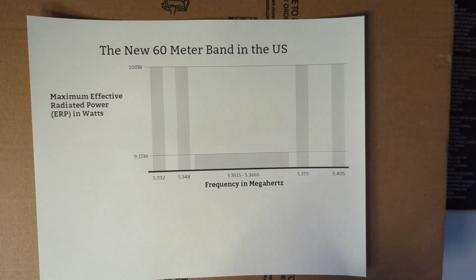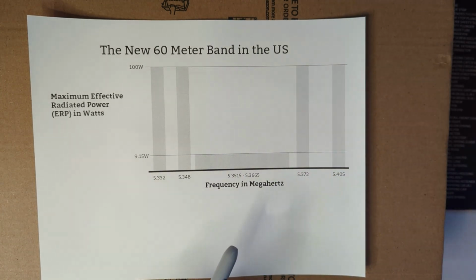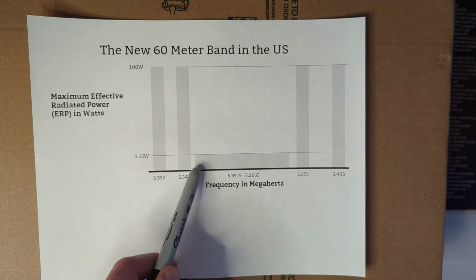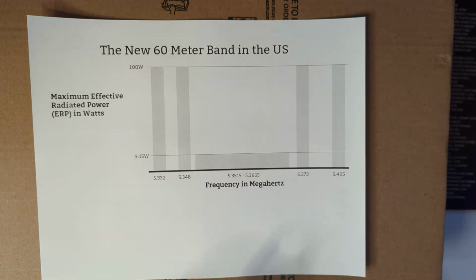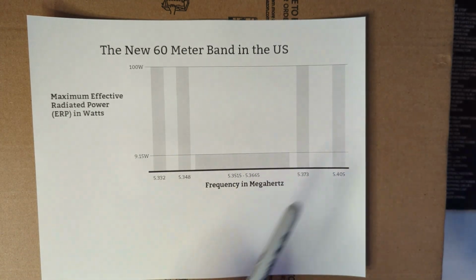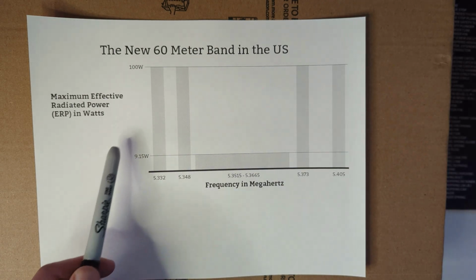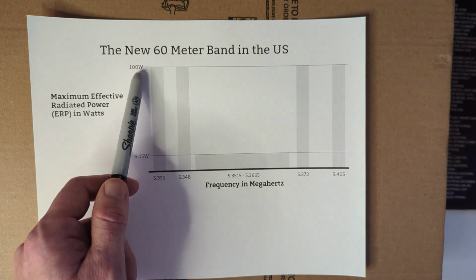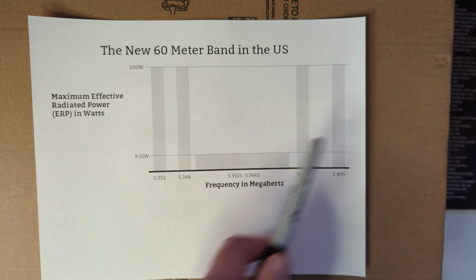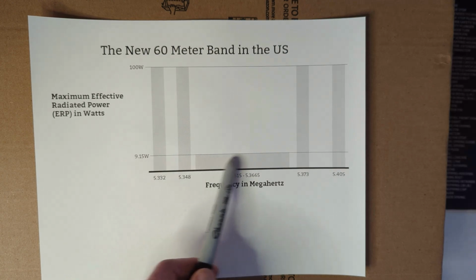The 60-meter band in the United States just changed. It now consists of 4 individual channels, each 2.8 kilohertz wide, and one 15 kilohertz wide band. Each of these bits of the 60-meter band has an effective radiated power limit. That's 100 watts effective radiated power on the 4 channels, and 9.15 watts effective radiated power on the 15 kilohertz